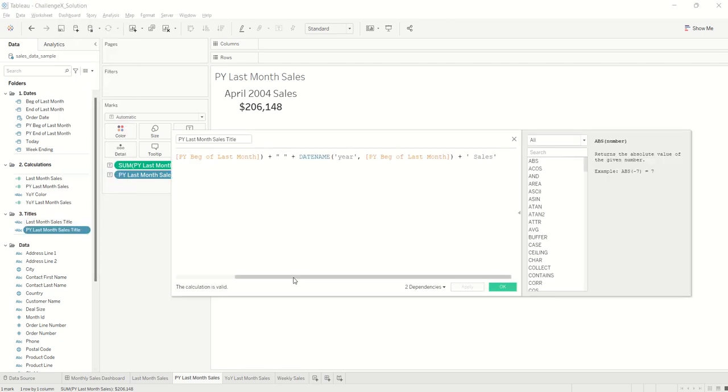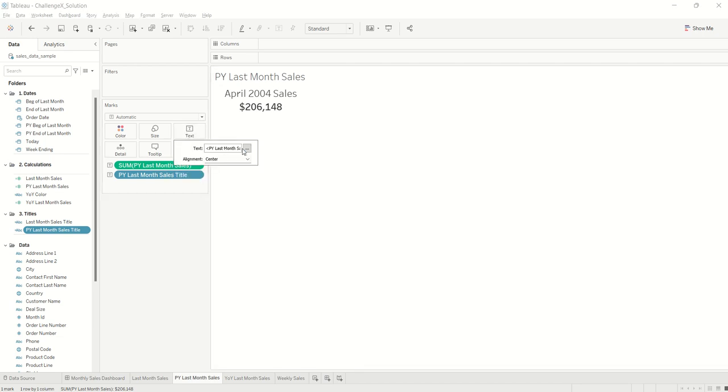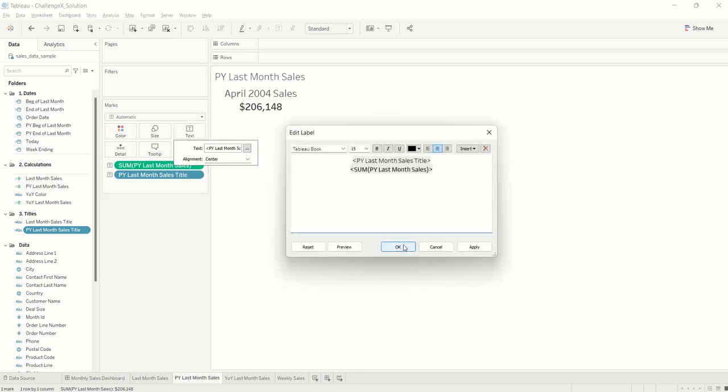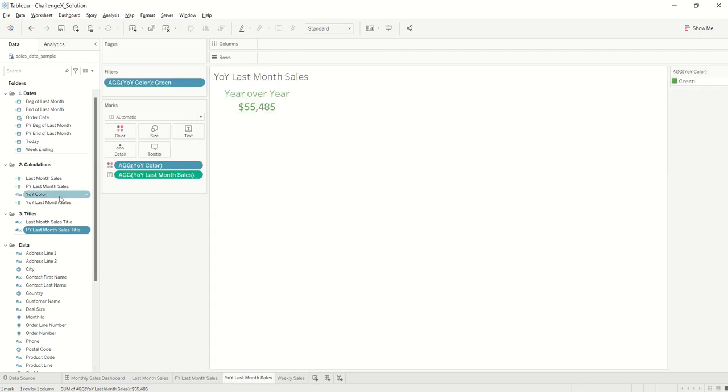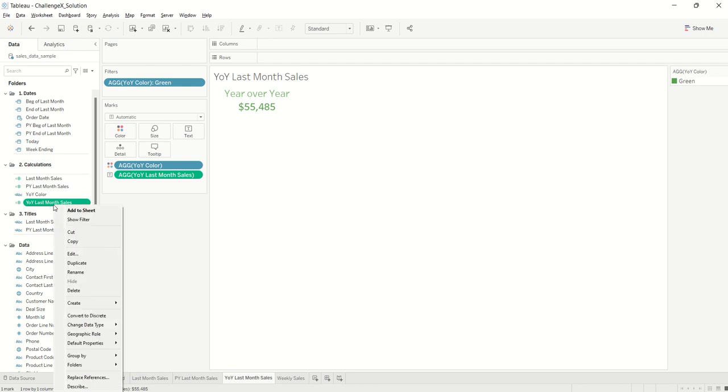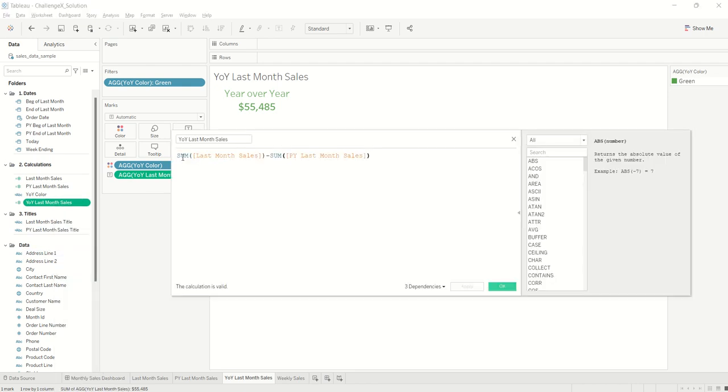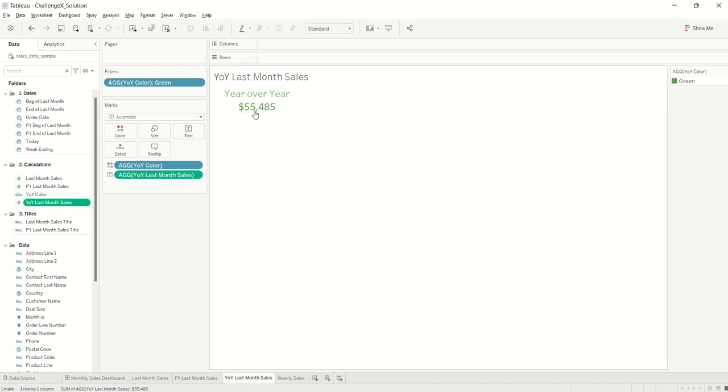Very similar to what I've done to the prior year last month sales title. Similar formatting. And now we can create our year over year comparison. So that's just one more calculation that subtracts the sum of last month's sales from the sum of prior year last month's sales. Nice and simple, which means we are in the green,